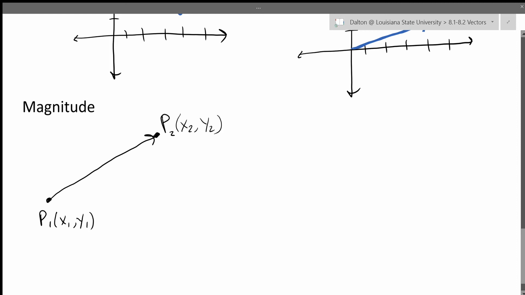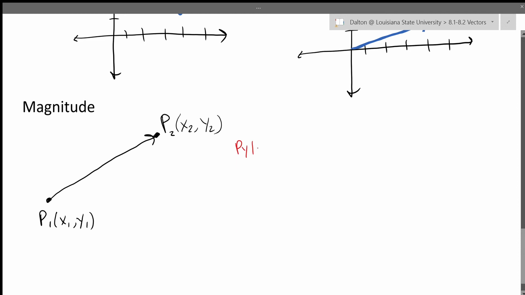If I ask you for the magnitude, in other words, length, of P1P2, there are a couple of different things that you could do. So I hope your wheels are turning. Maybe you're thinking about some options. There are 2 options, but they're actually kind of one and the same. Option 1